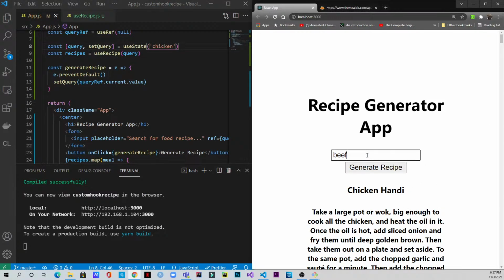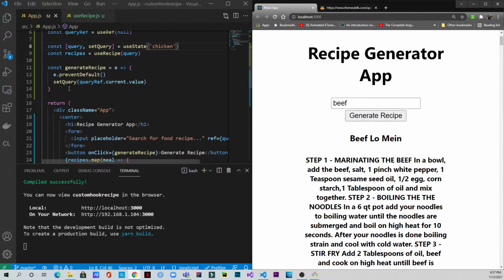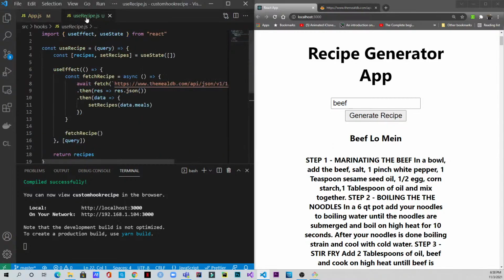If I search for beef and generate recipe, okay, now you can see that it was my mistake, because I wanted to write prevent default instead. I made a spelling mistake. So you can see that these sort of silly mistakes can harm the code or maybe waste a lot of time. All right, anyways, so as you can see, we have created the use recipe custom hook for ourselves,